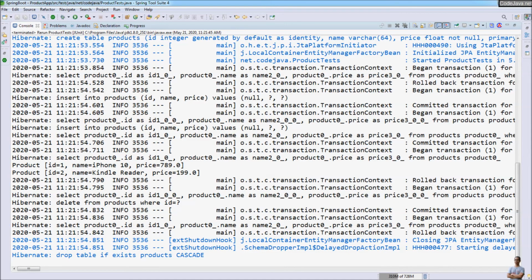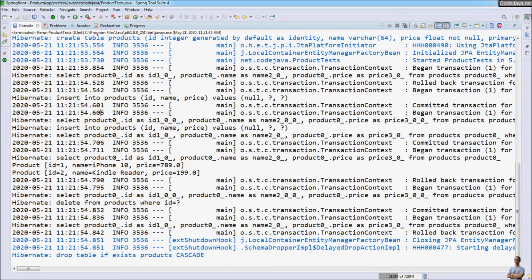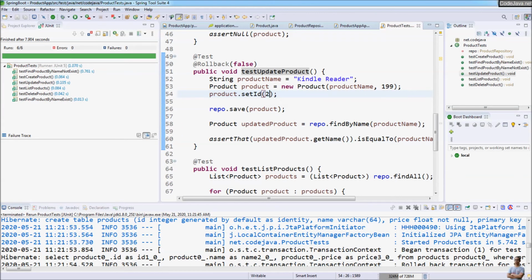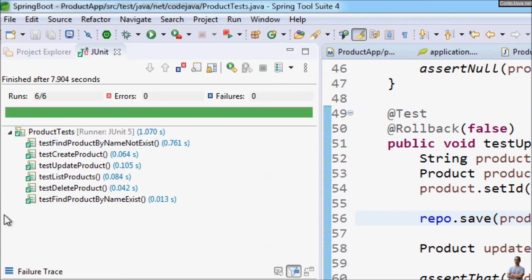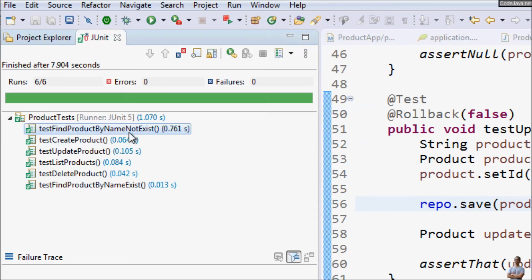We don't see the update SQL statement for the test update product method because we specified the ID of the product as 2, so it will persist a new product object, or insert a new row into the database. So we need to specify the ID here as 1. And as you can see in the unit test here, the test methods are not executed in any specified order. You can see it ran test find product by name not exist first and test find product by name exist